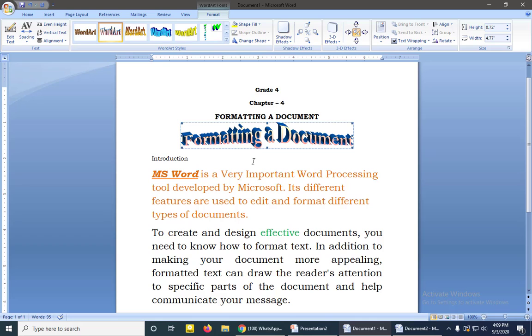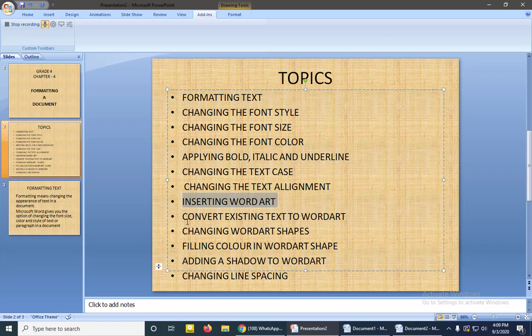Then next you have is changing the word art shapes, converting existing text into word art.